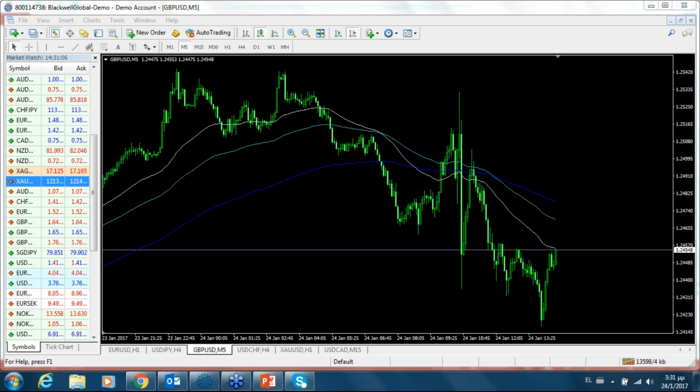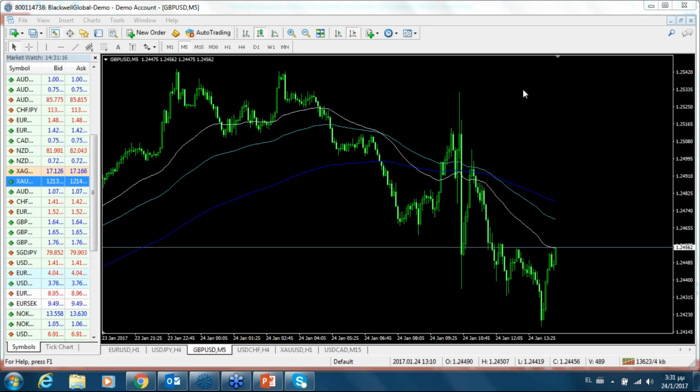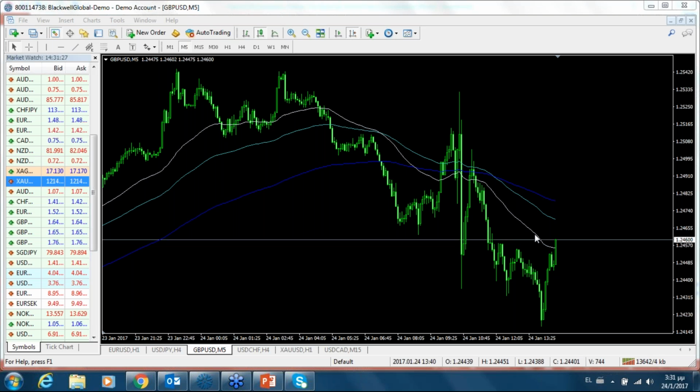Yes, hi Kartigesa. Your question is, should we also look at EMA direction? When you say EMA direction, in terms of direction for the exponential moving average, I'm not really looking much at the direction. I'm looking at how the candles are trading, whether they are under all three lines or above all three